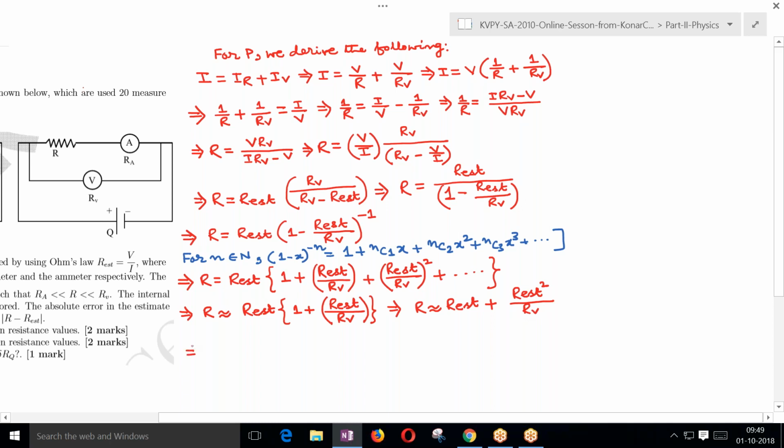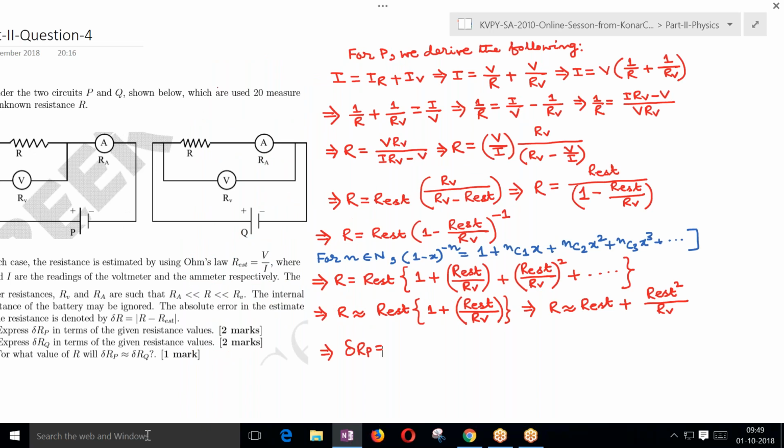We can write, what is delta RP? Delta RP is nothing but the non-negative difference between, if you see the question here, R and REST. So that is equal to mod of R minus REST. That is equal to what? That is equal to REST square divided by RV. And from here we get that delta RP